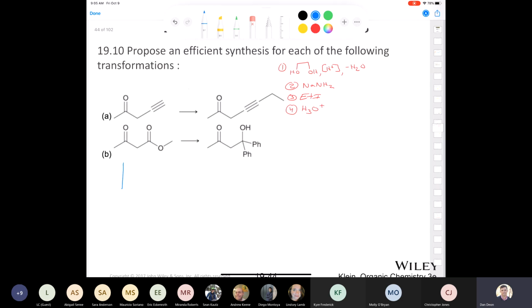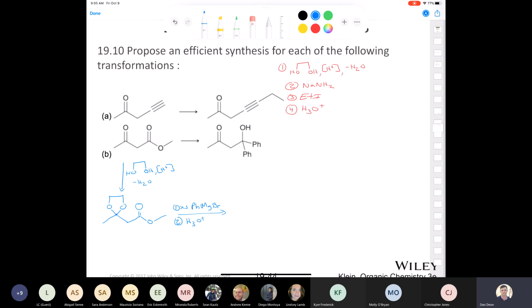How would we do that? First, we would treat it with ethylene glycol, the same protecting group, in fact the only one that we learned for a ketone, followed by removal of water. That would produce this intermediate, the cyclic acetal. We still have our ester intact. Then we would treat it with excess phenyl magnesium bromide. I chose that because I'm adding phenyls. Followed by treatment with acid,